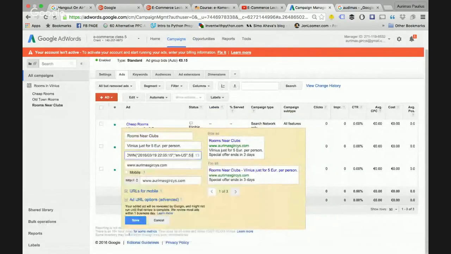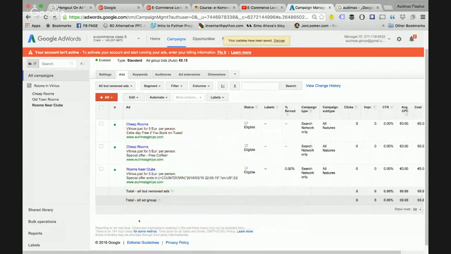So I set it, and you see what this ad is going to show: just for €5 per person, special offer ends in 3 days, and then it's going to be 2 days, then 1 day, and then hours, like 12 hours, 7 hours, and then it's minutes. So basically, it's interesting and useful, and really